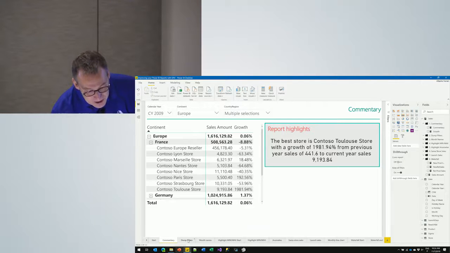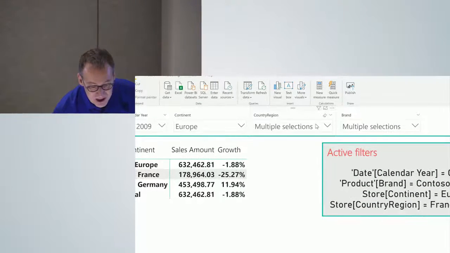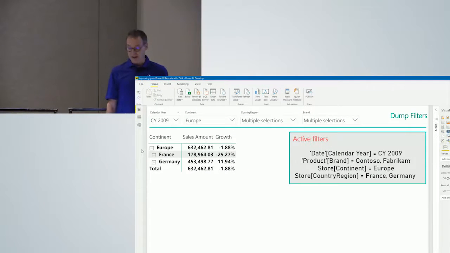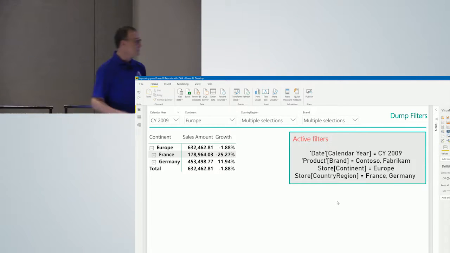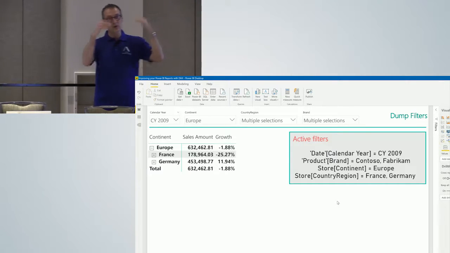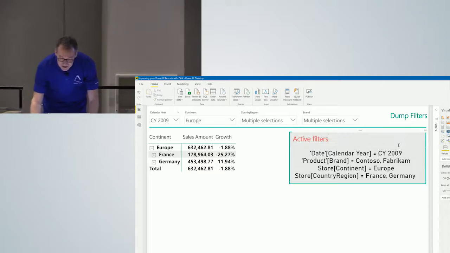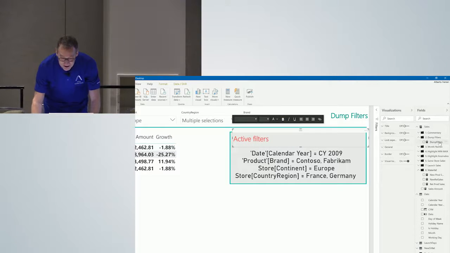So what you can do is build a label where you can do multiple selection. Here, for example, I have multiple selection for the country, and I also have multiple selection for the brands. But by looking at the matrix, you have no idea which are the brands that you are looking at. So it might be interesting to build another giant label that highlights the selection made by the user, showing all the values one by one. Building this measure is not that hard. At the end, if you look at the content of this measure with dump filter, it's